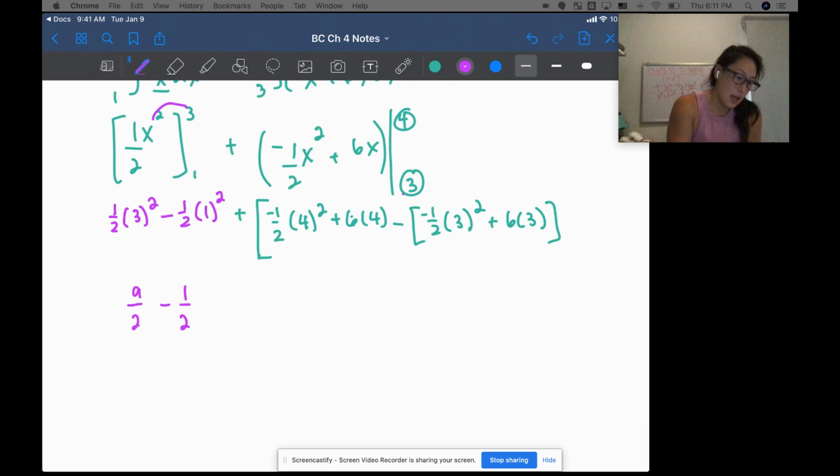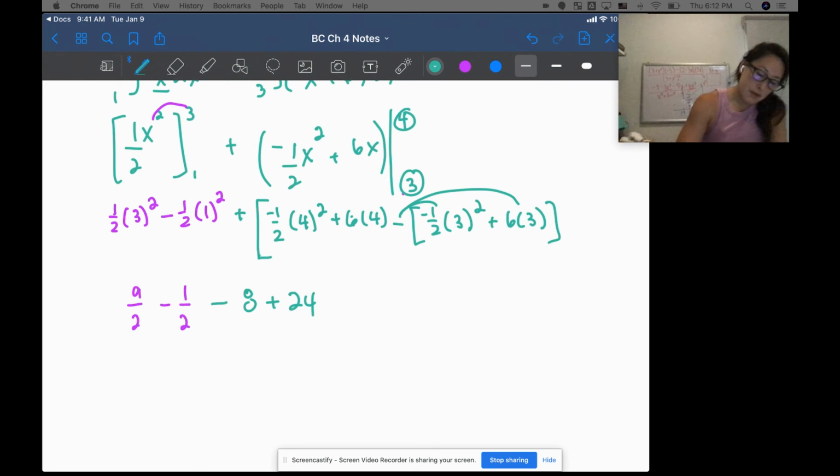And then we're going to add, but we're actually really subtracting because of the negative. 16/2, which is 8. And then plus 24. And then we're going to distribute the negative. So we get